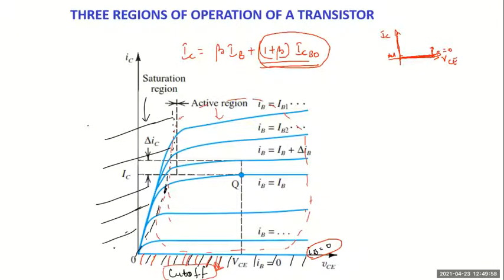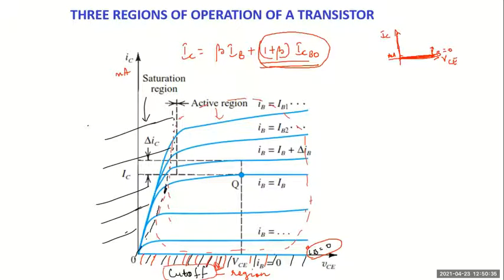But when we are representing this IC in milliamperes, we can't show it above the axis. We will almost show it on the x-axis. The characteristic curve corresponding to IB equal to 0, the lowest blue line you can see here, is on the x-axis. The complete area of the characteristic curve below that line is called the cutoff region. The cutoff region of operation is the region below the characteristic curve corresponding to the base current being 0.